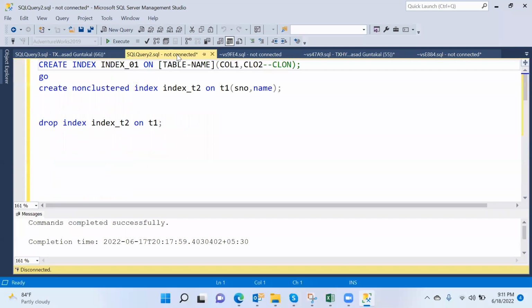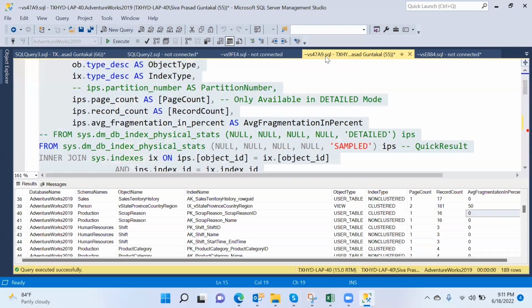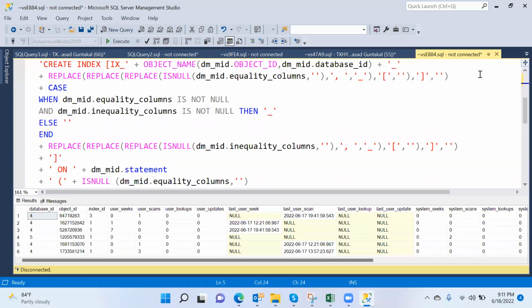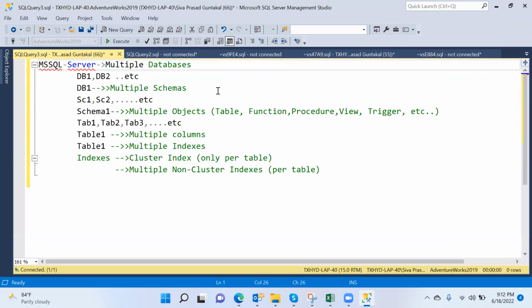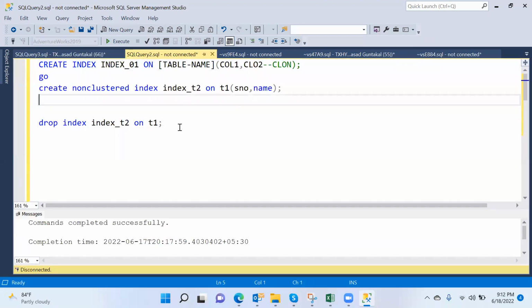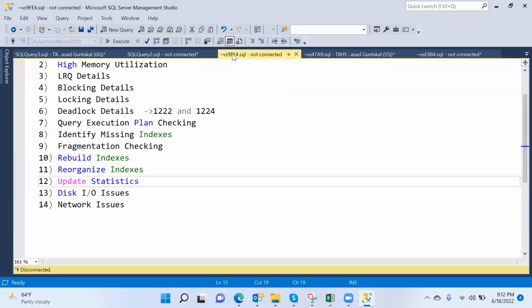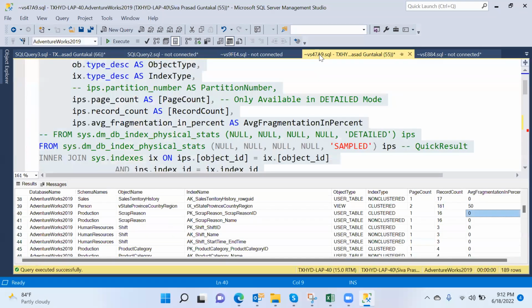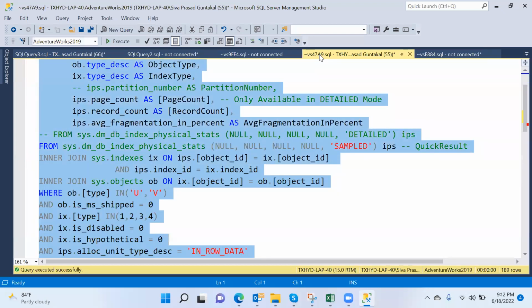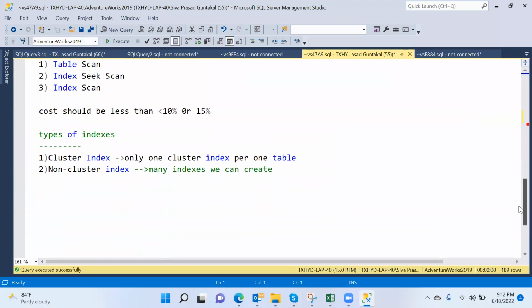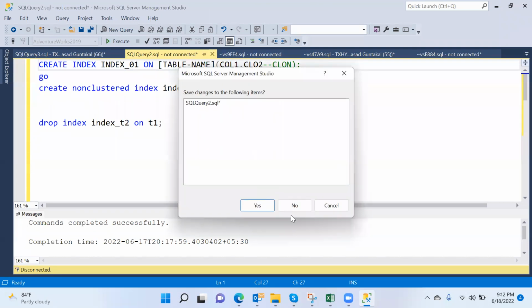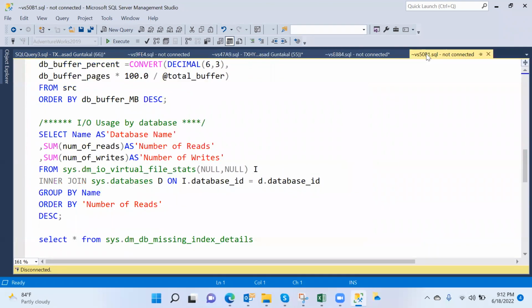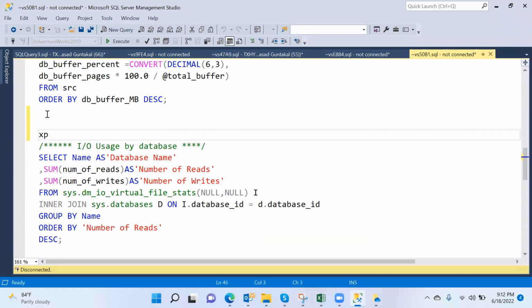Disk IO is very simple. It shows how the disk is being used, for identifying the values in the disk. Here also there is a very simple command. How can we check the disk space and disk usage? There is a simple command for disk usage, xp underscore